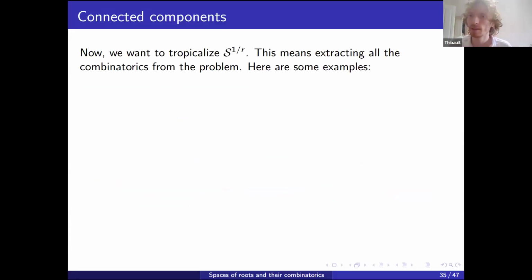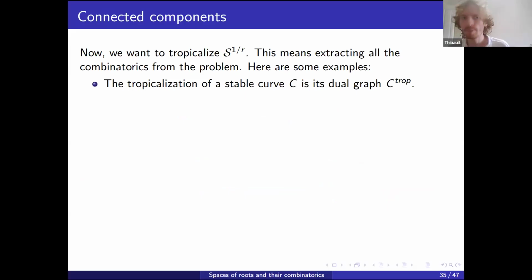Okay. Now we've defined the space and we want to compactify it. Oh, sorry. We've compactified the space and we want to tropicalize it. And tropicalization, I'm not going to necessarily formally say what it is, but it means extracting all the combinatorics you can extract. We've already seen a few examples. If I take a stable curve C,